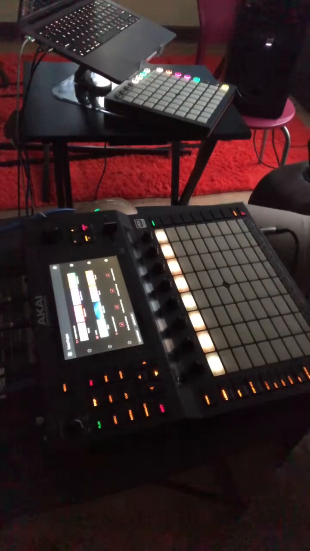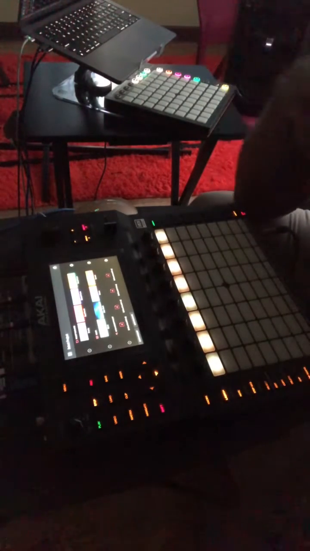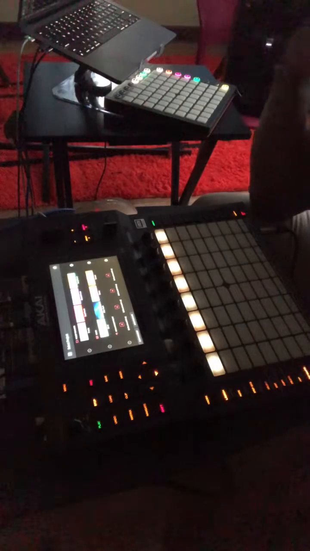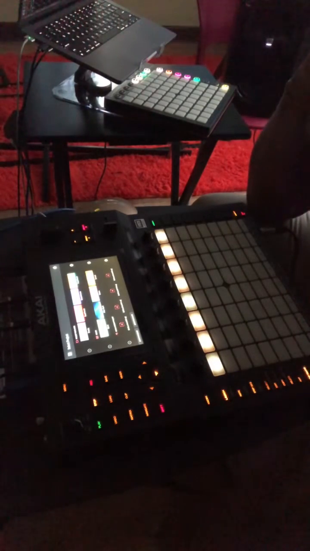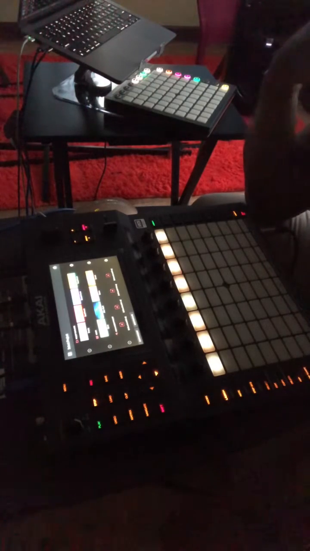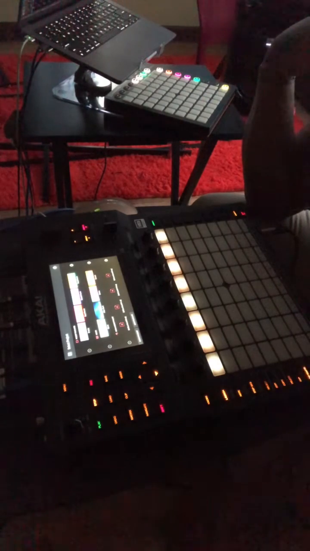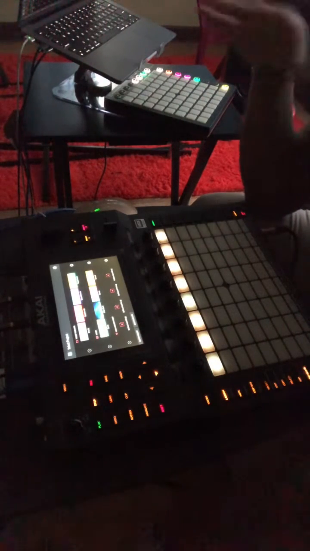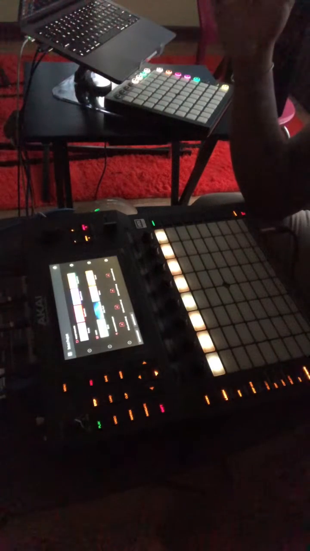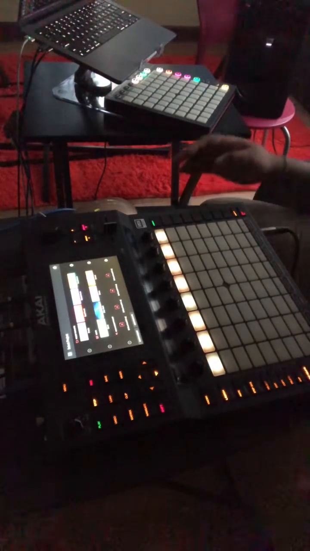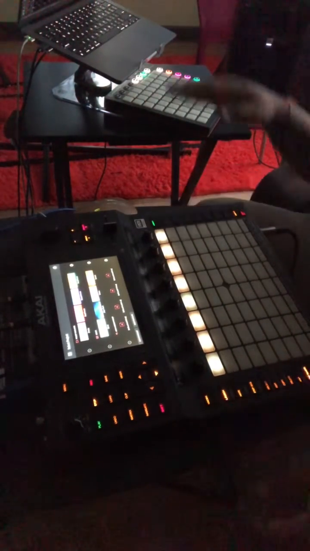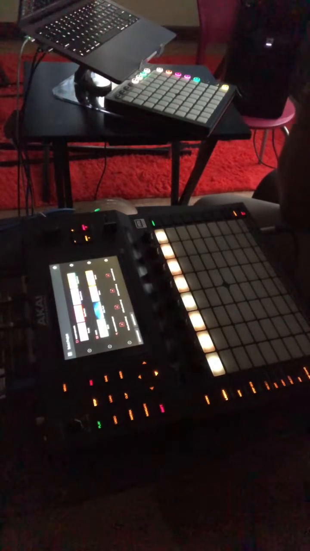So, got a kind of makeshift rig set up right now. My desk fell apart. It served me for a couple years, but we moved recently and it didn't survive the move. So I've got to get a new desk, or maybe something a little higher for my neck or whatever. But for right now, I'm using my Force and I'm using my laptop as a sound source,